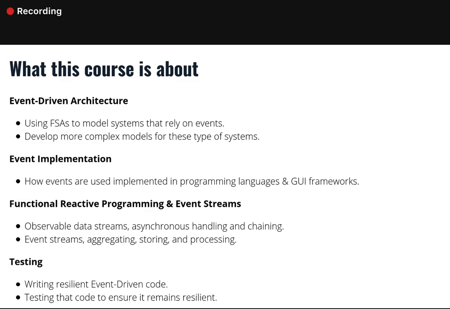We're also going to move into some more modern approaches to event-driven computing. We're going to look at functional reactive programming at a fairly high level, and we're also going to look at event stream and event stream management. This is where we start to look at events, rather than being discrete, separate things that occur, in the context of other events, as a stream of things that we can action or modify based on their properties. And we can then take multiple sources of events and combine and manipulate them. So there's a whole lot there.